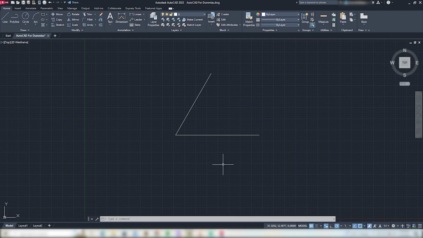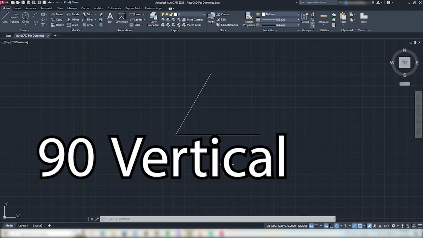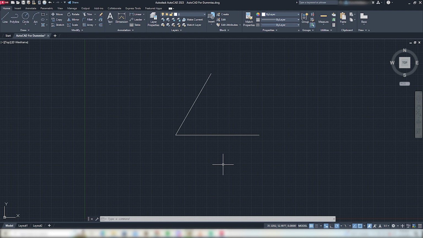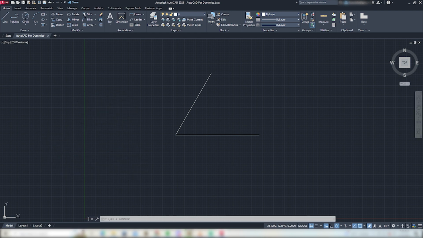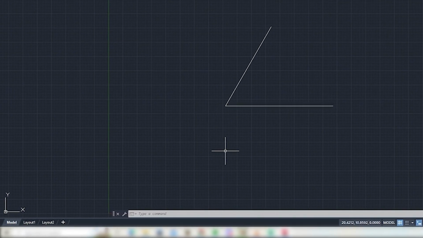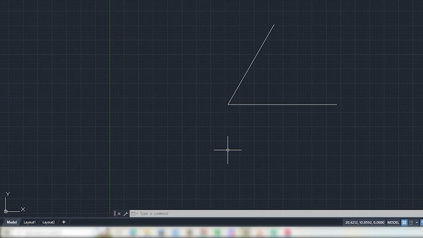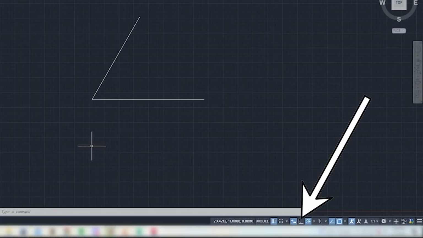Now, ortho mode, what that does is it will keep you at a 0 horizontal and a 90 vertical and not give you guidance. It'll just keep your line at that. You won't be able to put any other angle besides 0 and 90. What it does is it follows whatever your X and Y is for the drawing. You can actually see which way your X and Y is facing in the bottom left corner of your AutoCAD. To find ortho mode, it's going to be in the status bar again, right next to the Polar Tracker.